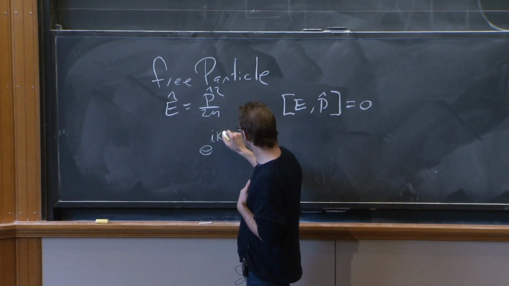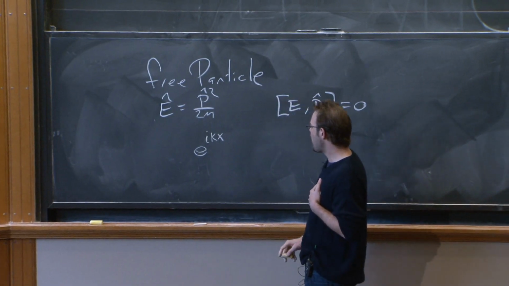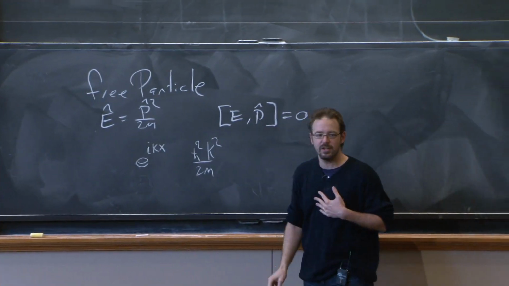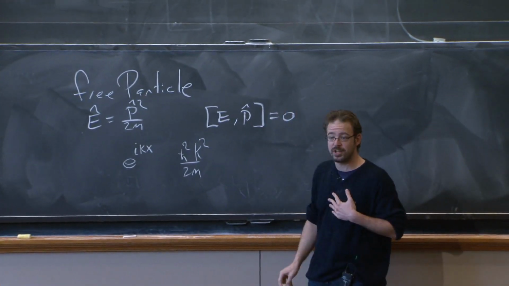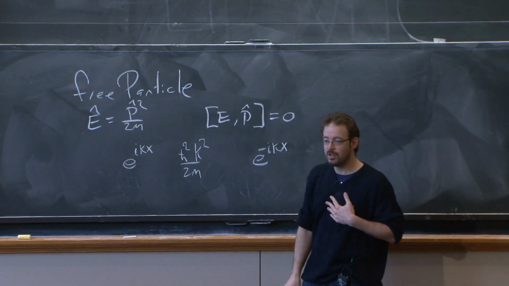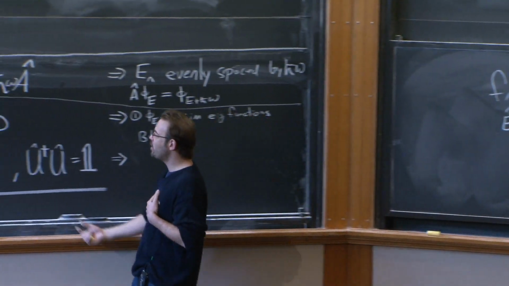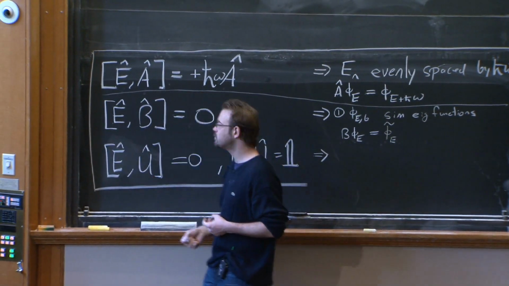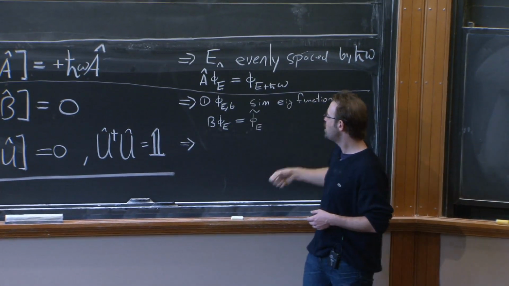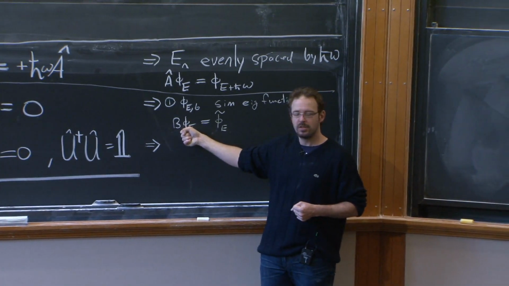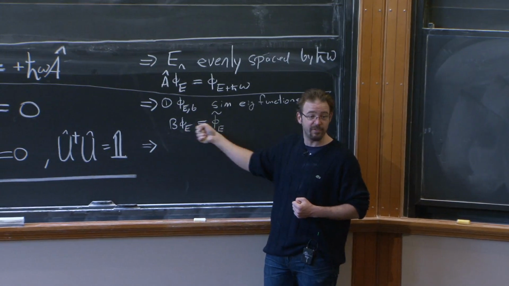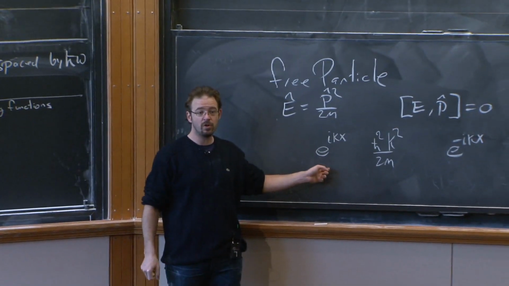So for example, in this case, what are the energy eigenfunctions? Well, e to the ikx. And this has energy h bar squared k squared upon 2m. But there's another state, which is a different state, which has the same energy, e to the minus ikx. Okay? So when you have an operator that commutes with the energy operator, you can have simultaneous eigenfunctions, and you can also have multiple eigenfunctions that have the same energy eigenvalue, but are different functions. For example, this. Everyone cool with that?